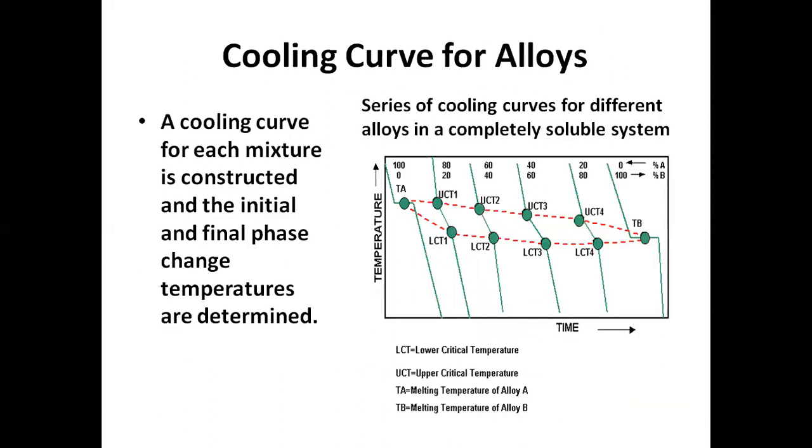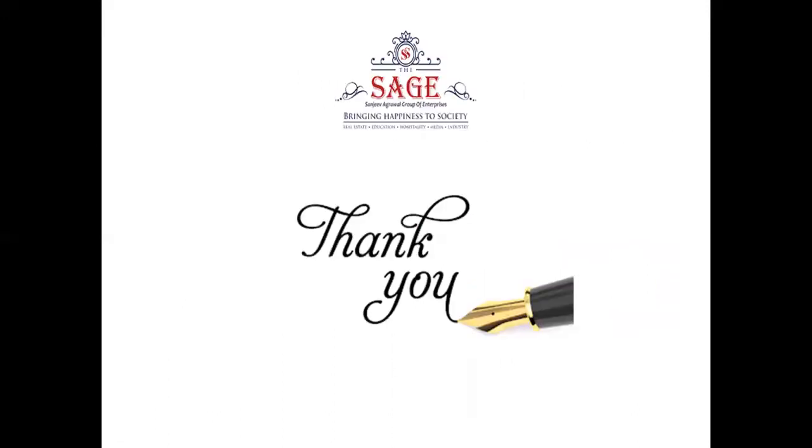For different compositions of alloy, you can plot this type of cooling curve, and you can finally get a phase diagram. This is for pure metal, pure A having 100%. When alloying elements are added, the range will increase, and at last the B element is 100%. It again becomes a horizontal line and converts to a point. This is how you can construct a phase diagram. So this is all about the cooling curve.